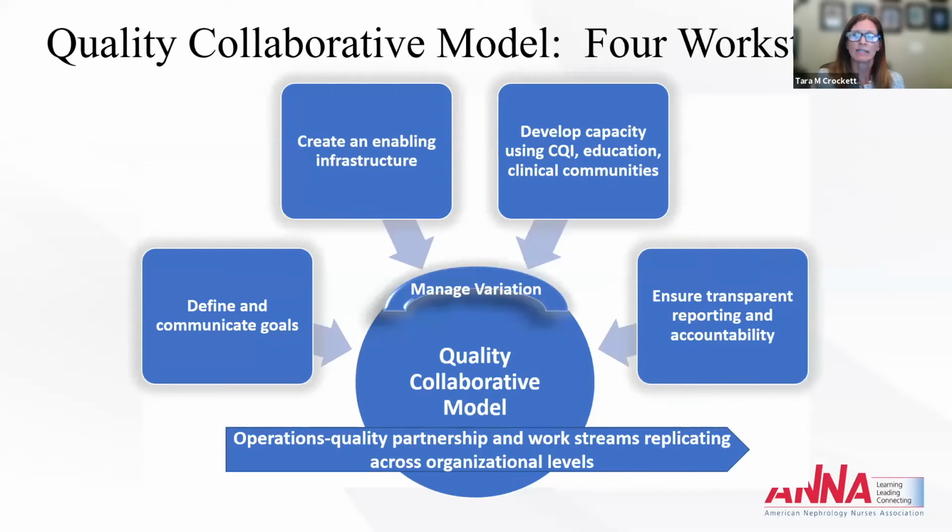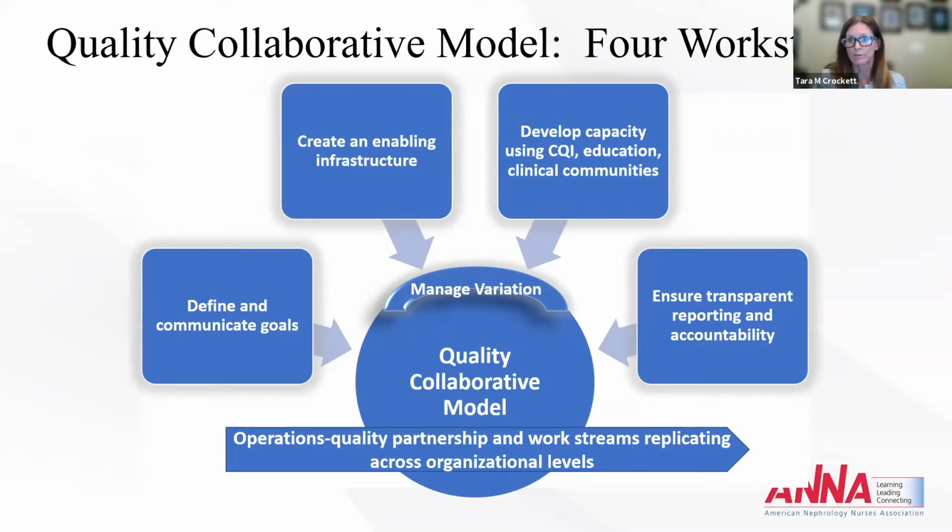In March of 2017, I started at my company as a senior director of quality for our inpatient services, and it was a new role. Shortly thereafter, our quality team rolled out some quality initiatives utilizing the Quality Collaborative Model, or QCM. The QCM is based on the Armstrong Institute model and is built on a framework that recognizes that a large organization can coordinate quality improvement efforts across organizational levels via 4 work streams. These work streams include defining and communicating goals and measures,